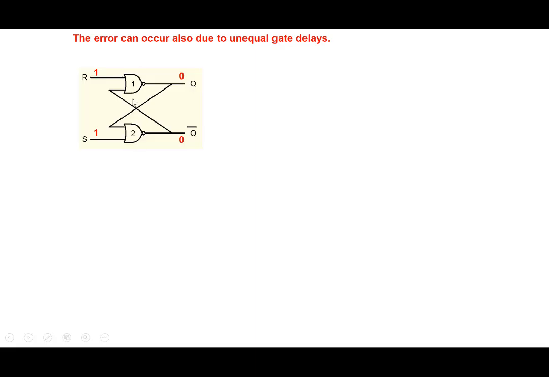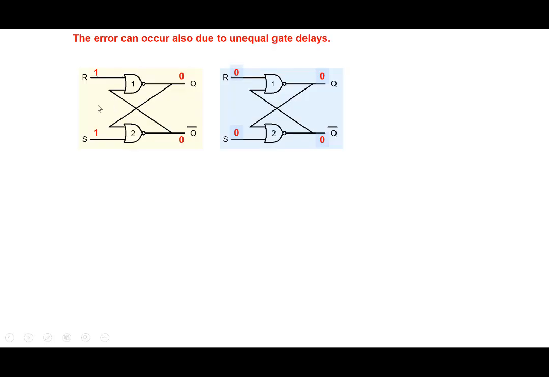So let's say the two gates that we have here will always have some unequal delays. The delay will not be identical. And so the same kind of error or behavior occurs because of unequal gate delays. So when you have 1 1 and then we go to 0 0, we are talking about why 1 1 input is not the right input, or is an invalid input,